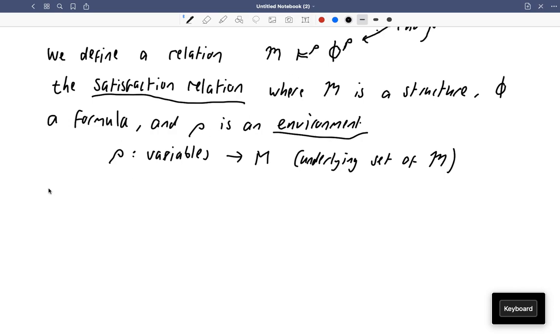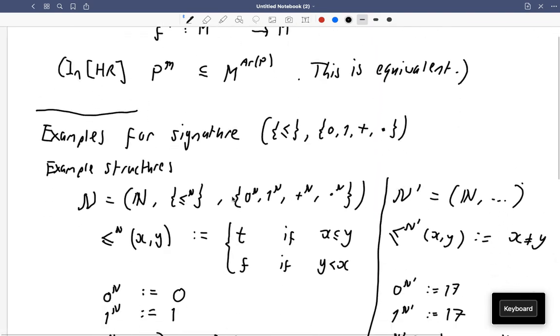So first we define an interpretation of every term t. We call this t superscript rho in M for every term t. The point is that a term is interpreted as an element of the underlying set of the structure. In the case of the natural numbers, if we go above, a term